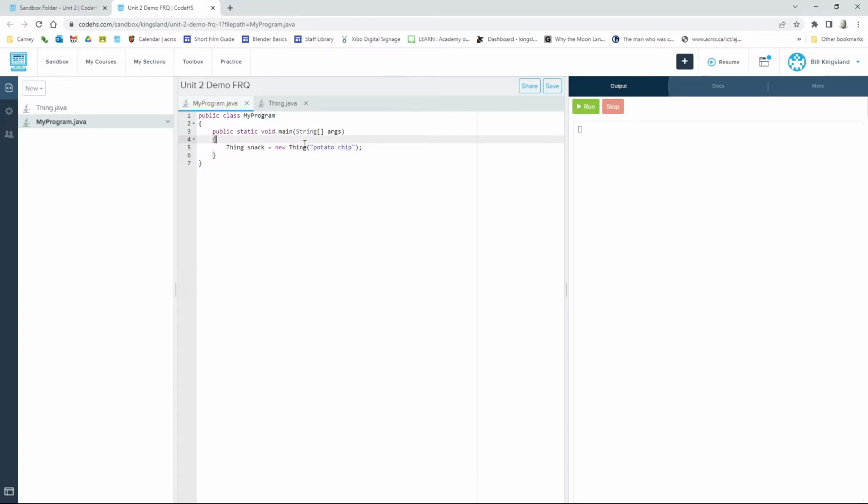And in fact, it's probably not a bad idea to just put a note in there. So we'll do part A. Okay, so we're already a third of the way down here. The Thing method printMessage prints a string consisting of the name of the object followed by is great. Okay, so we're first of all going to call that method. So we're going to say snack dot print